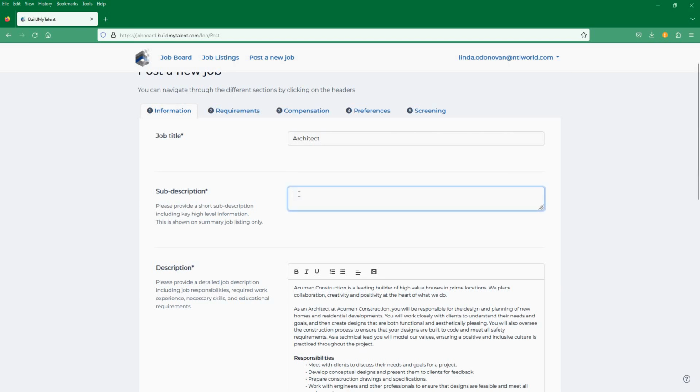This brings me back to the subdescription section. So in most job boards, they would automatically take just the leading couple of sentences out from your description, and that's what would appear on the job listing page. But what you have on BuildMyTalent is an opportunity to use these precious few words that candidates see when they're looking at a whole list of jobs,